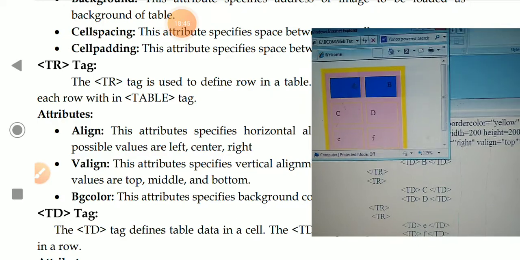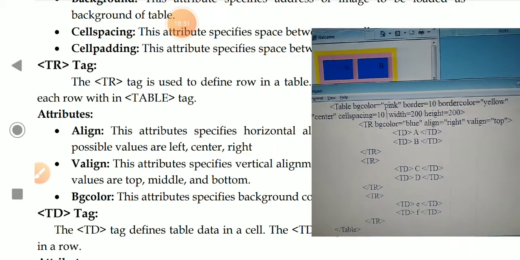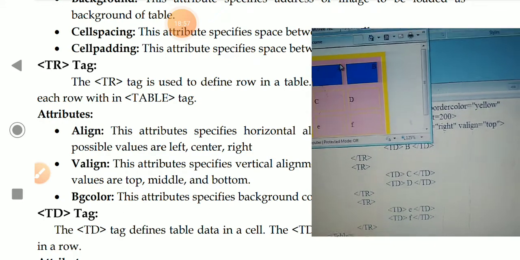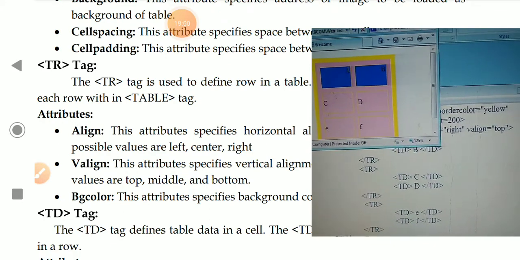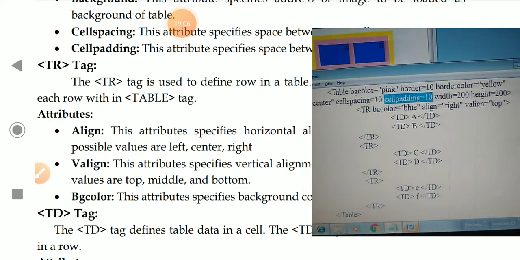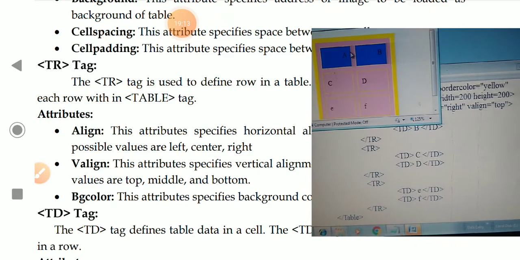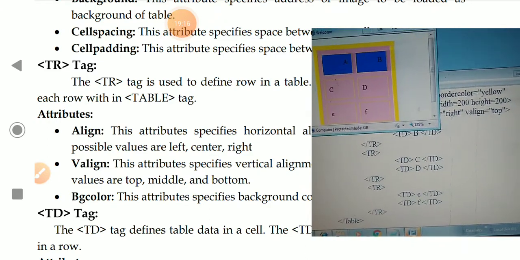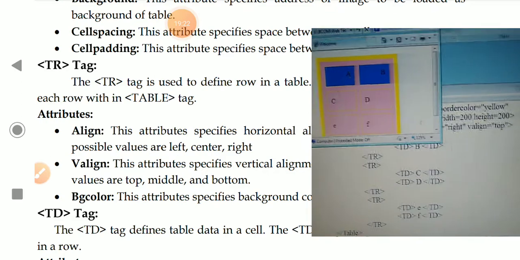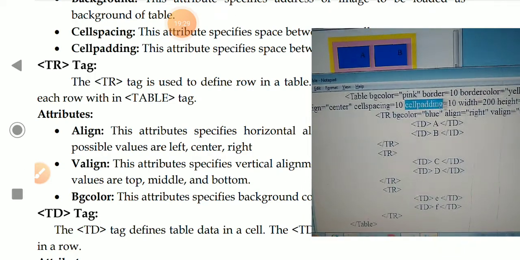Sir, it did not go to the corner here. Because I have given the cell padding. If you remove this, it will go to the top position. It went. Previously there was cell padding, the space of 10 between the cell wall and the cell content, so it did not go to the top. For example, again see the difference. Now it has gone fully to the corner when I removed the cell padding. Again I inserted the cell padding, what happens? This is the space between the cell wall and the cell content. Actually it is in the top position, it is the margin. You can see the cell padding margin within the cell. Okay, that's why it displayed here. If you remove this cell padding again, I will show you the difference.